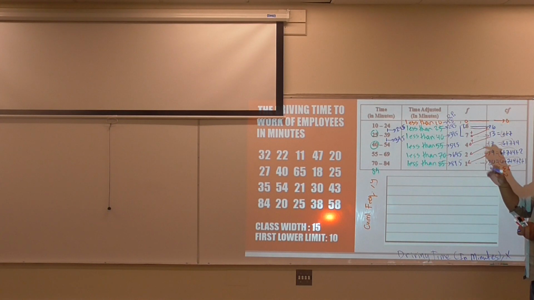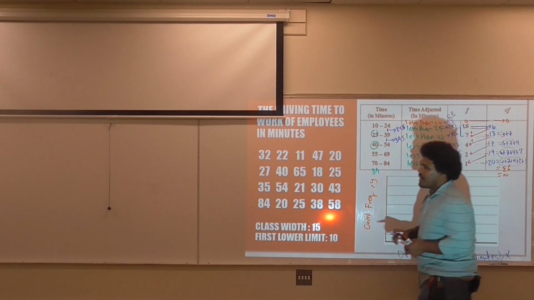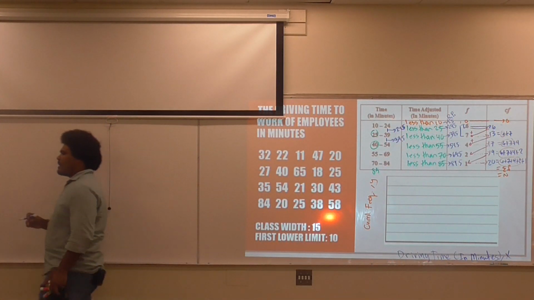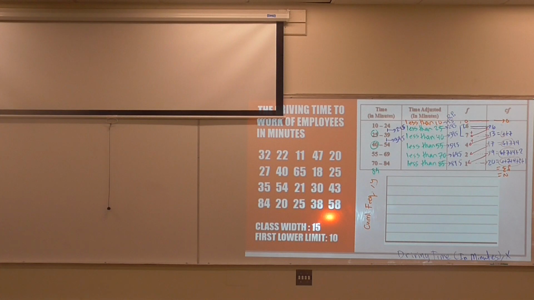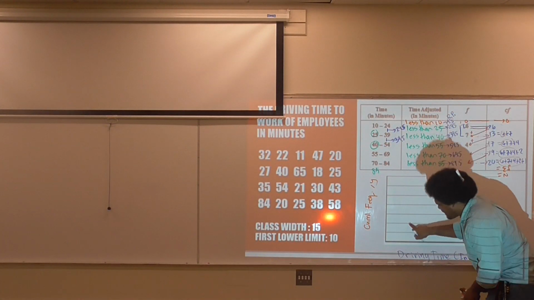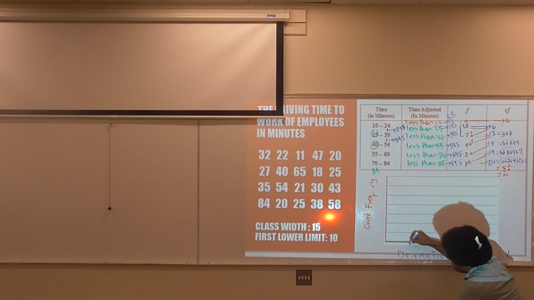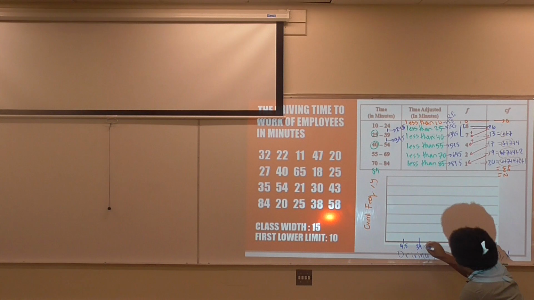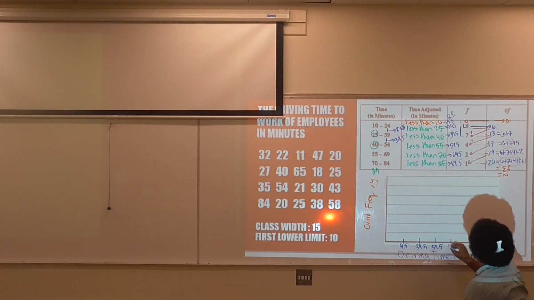Once again, I'm going to go ahead and turn it on real quick, so by the time I'm done graphing our guide, it will be ready to go, and we'll make sure we graph and get everything else in there. So let me go ahead and put the boundary points for this one here, because our class uses boundary points. So over here we have the 9.5, the 39.5, the 54.5, the 69.5,